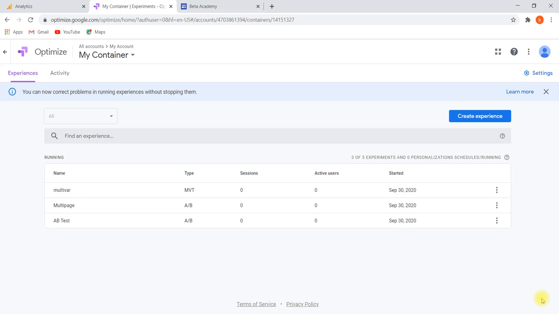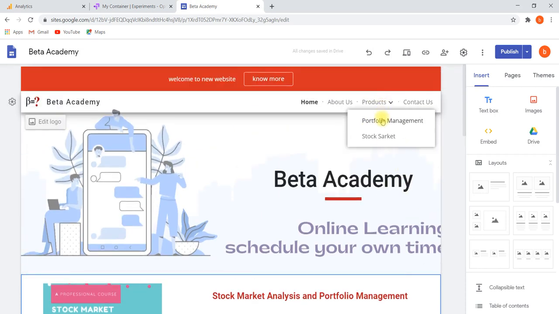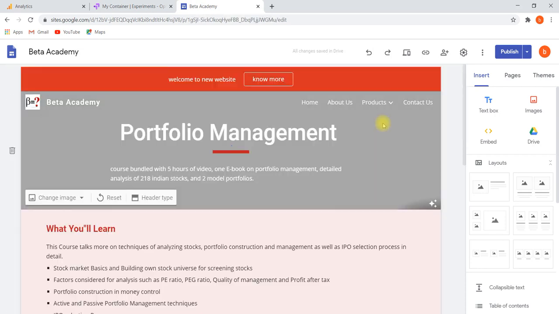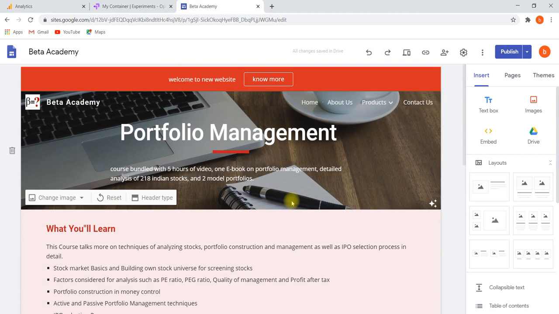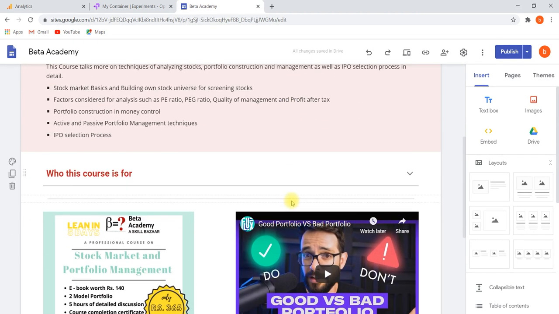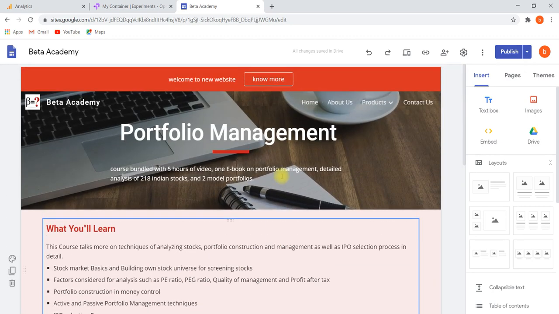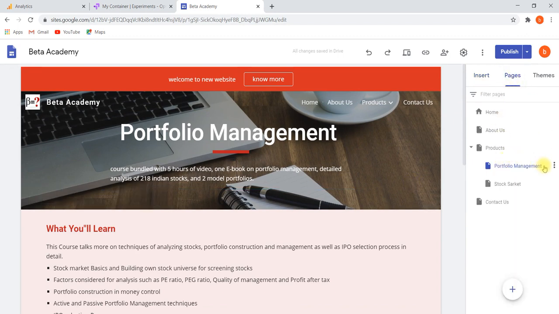Now we will test. For example, you thought of two different pages for the same product. For example, here in your website for portfolio management, you thought two different pages. One is a page with video, where they add everything, that is one page you thought. The one more page you thought, like how to create one more page, we have to copy